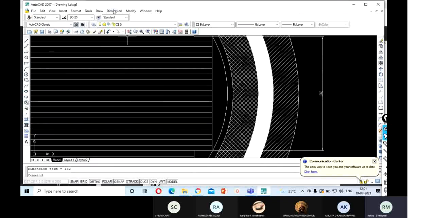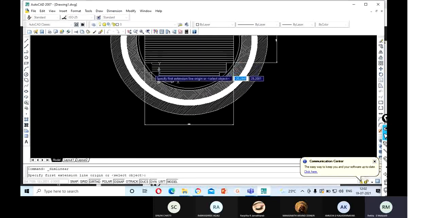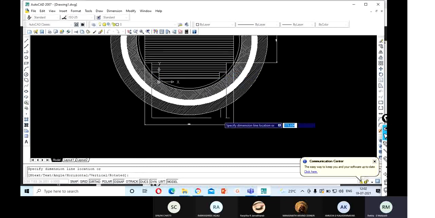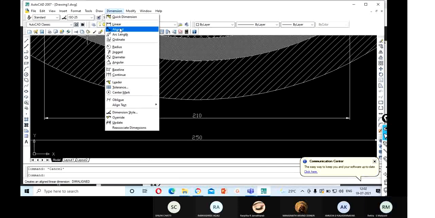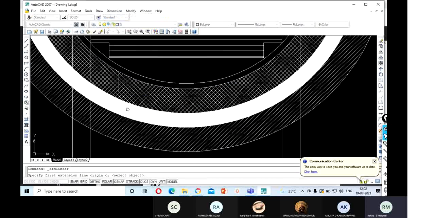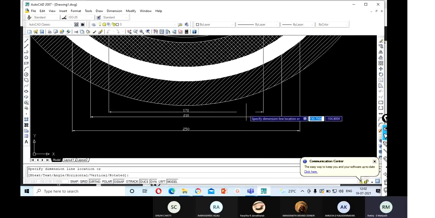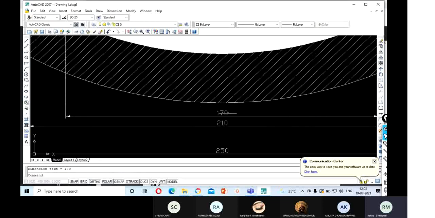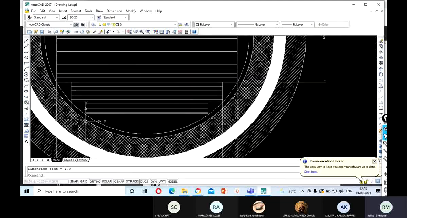If you want, you can even select the height of it to be more. And the third step is of 170. So the first step dimensions are 170, second step is 210, 250, and these are all the widths of it.